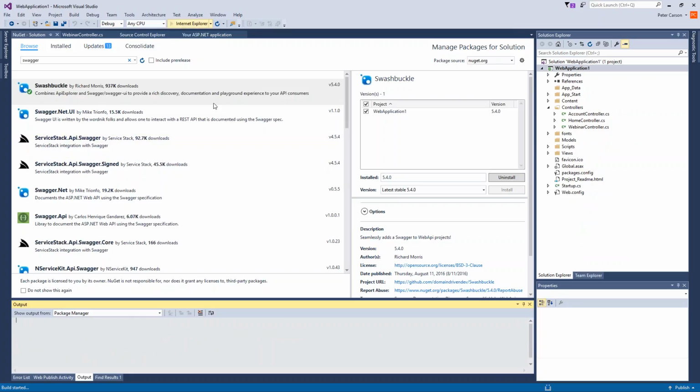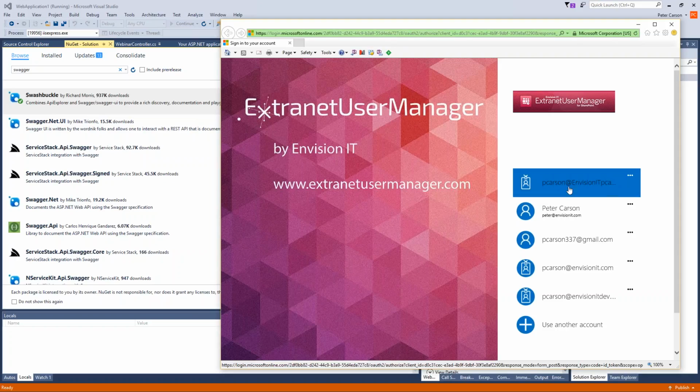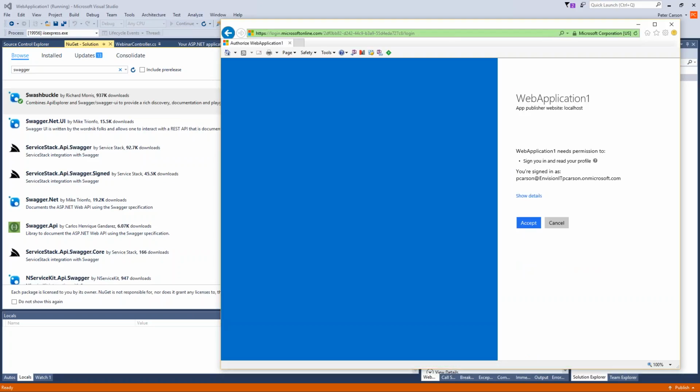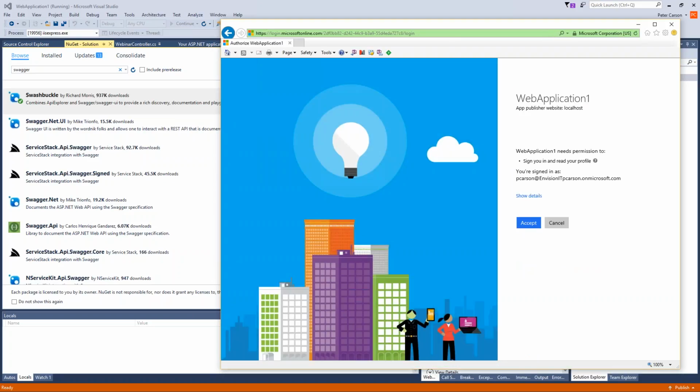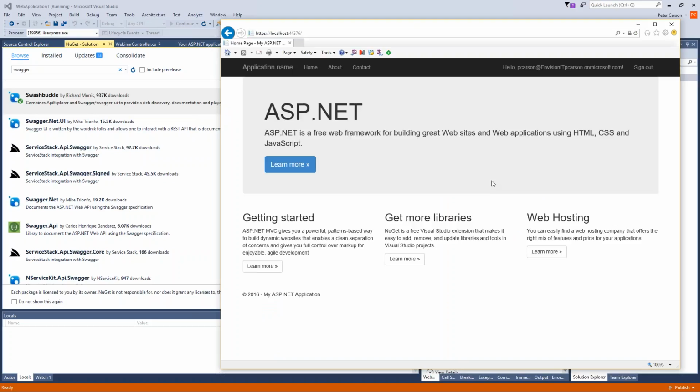So now if I run that same project, I'm going to have to authenticate again. So let me sign in here. Now this part here I haven't quite worked all the way through. You have to accept the application to give it permission to sign you in. We need to figure out how to have that happen automatically so each user doesn't see that. So there's still a couple of rough edges I'm working through, but I've got my app, I'm signed in, and